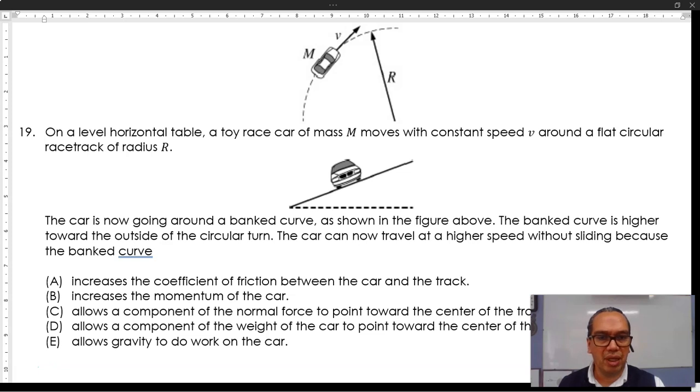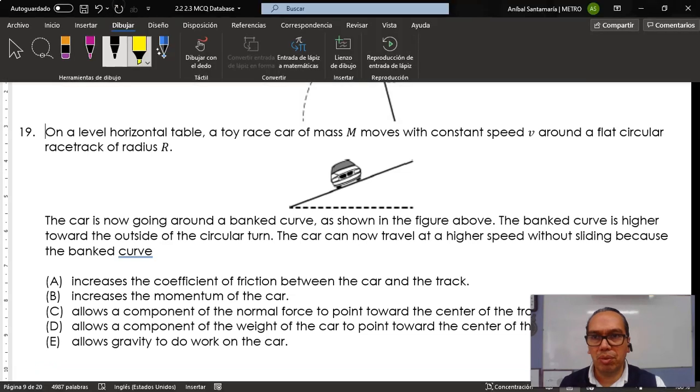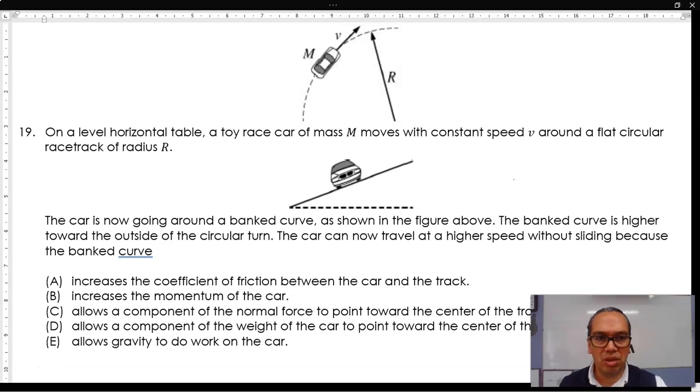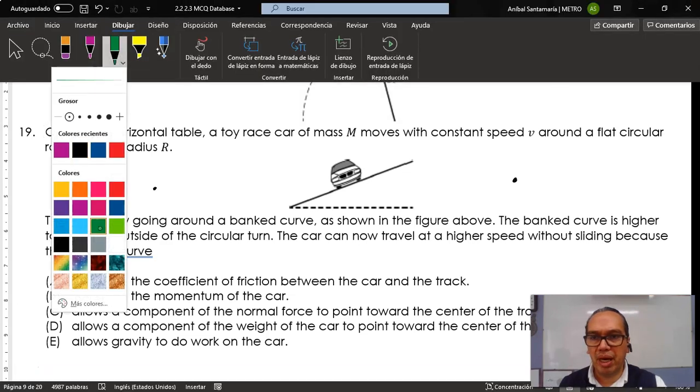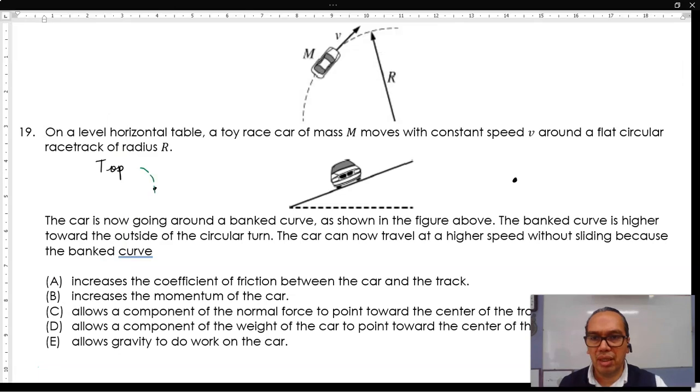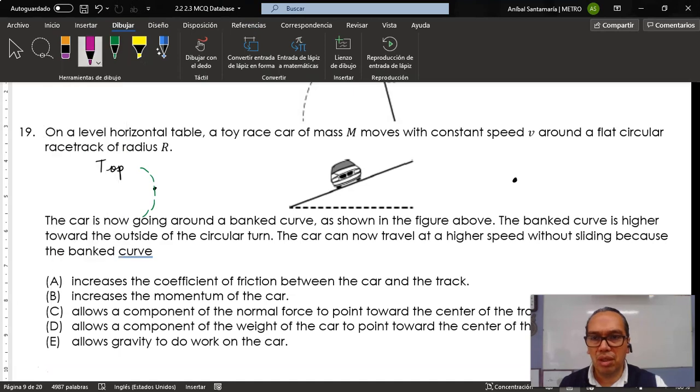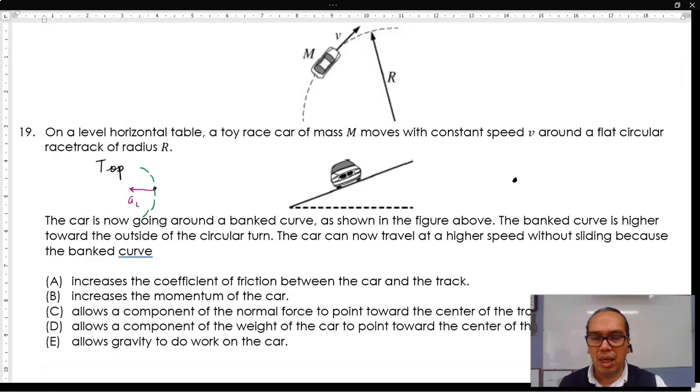The car can now travel at a higher speed without sliding because the banked curve, well, there are several options here, but the most important part is that we must depend on a free body diagram to determine the situation. A top view of this situation indicates a circular path going around like this, so that the centripetal acceleration is this way. And so if we look at this from the front,